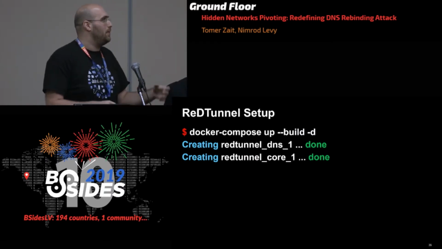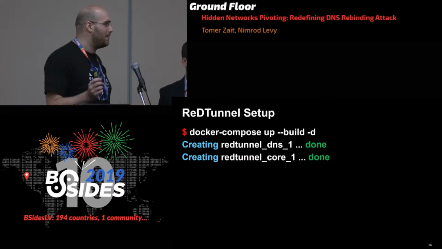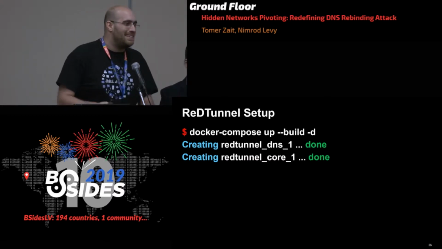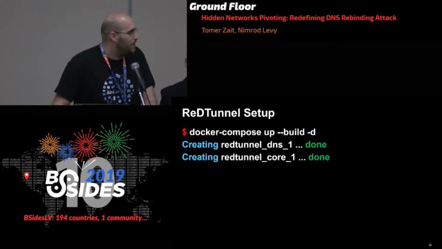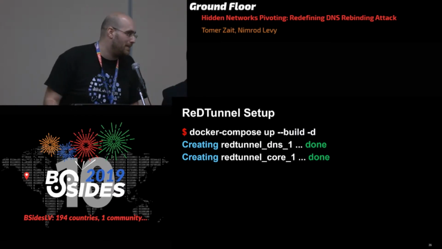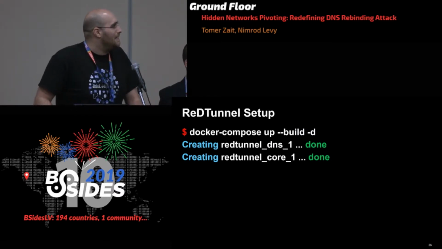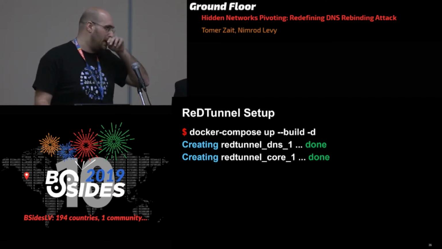Like, you need a DNS server, and you need the core application, and you need the database, and you need everything. But it's not that hard. You can just use Docker: docker-compose up -d, because we want it to run as a daemon. And then you will have the DNS server, the core application, and also the database